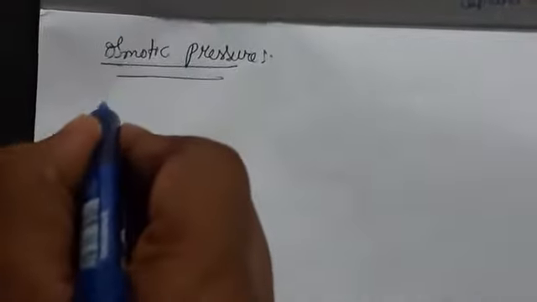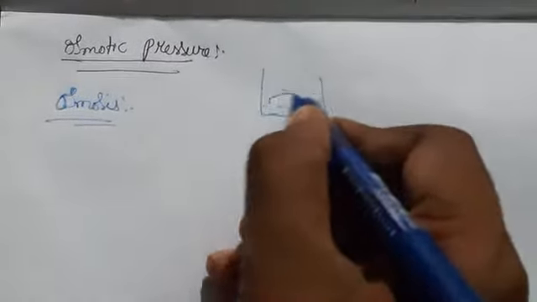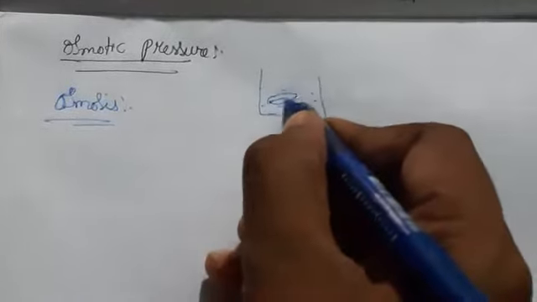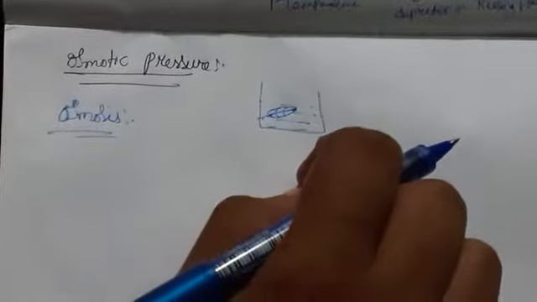So a general example I want to say for you for osmosis. If you take dried leaves, okay, when you take dried leaves in water, what happens? The dried leaves, when you take them in water, will look fresh. See here, in water I'm taking leaves, so what? It will look fresh.